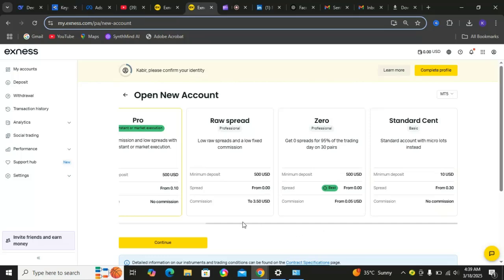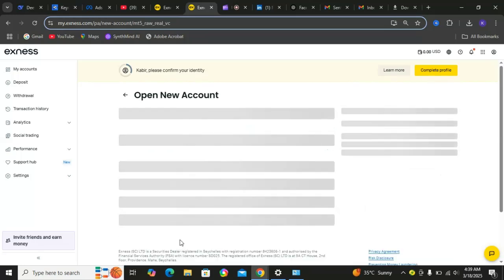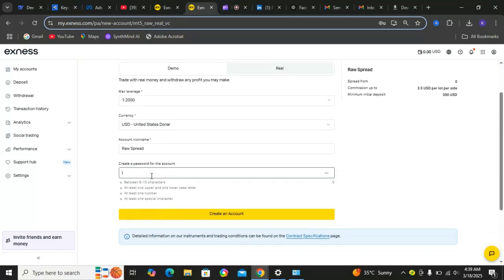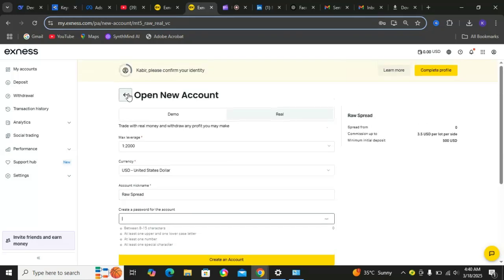As you can see, the Raw account has a low fixed commission, right? Let me just explain this to you very quickly. The Raw Spread account focuses on minimizing spread costs with a fixed commission, whereas the Zero account prioritizes zero spread on major instruments. Both accounts are suitable for scalpers and high frequency traders. The Zero account is particularly well suited for those trading major pairs with minimum cost, right? You see, that is the difference between them, right? So let's see how